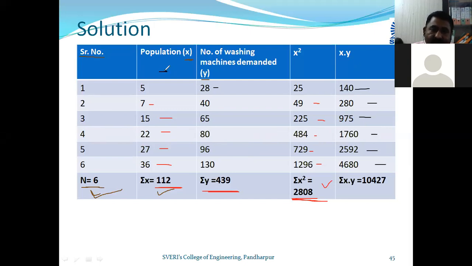So friends, this column is for x, you can say highlight, and this is for y, bigger I will say. Already it is mentioned. So this is nothing but your x and y. Now if you multiply these two values, then you will get that particular value. And then if you go for addition of this, you will get this particular value. So in this way, you can proceed.